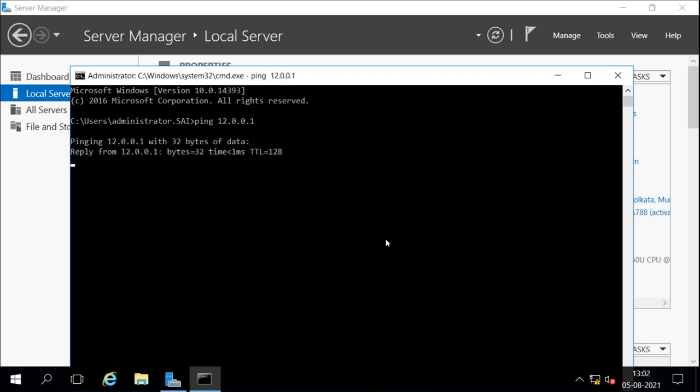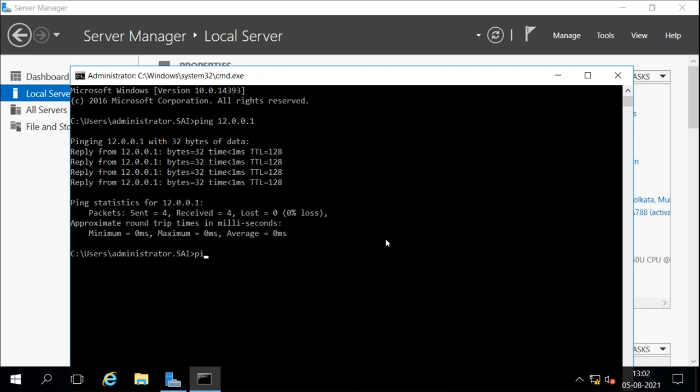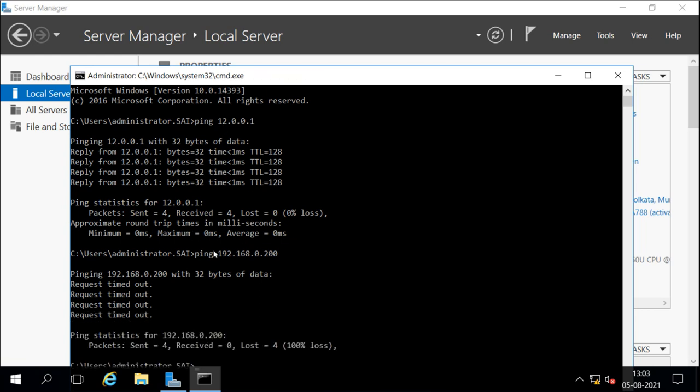It can connect to the router, but still it cannot connect to server 1 because we have not configured the routing yet. Now it is saying timeout. Previously it was saying failure, but now it is saying timeout. Why? Because now it is sending the request to the router, this server 12.0.0.1, but it is not giving any reply because the server is not configured. After configuring, it can connect.